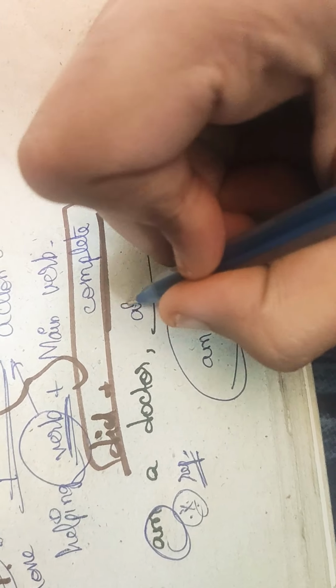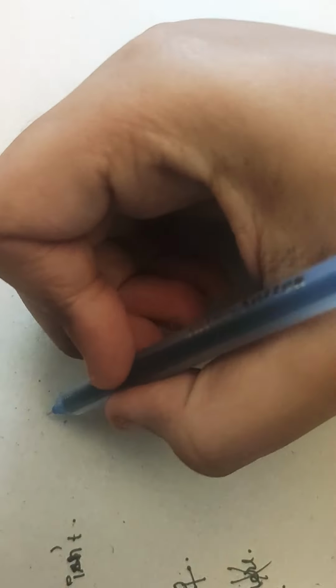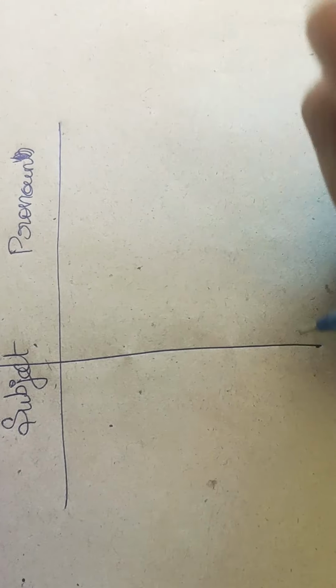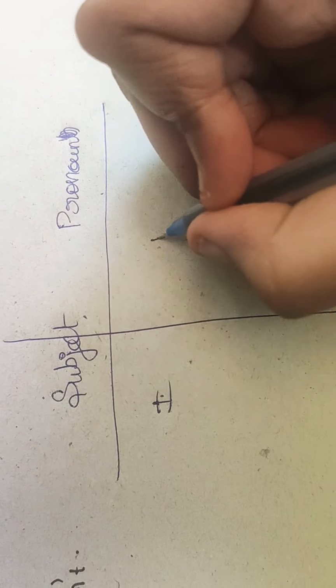You can write ain't I, with the pronoun me. Why am I writing me? Because for I you have to use me. That also I will say here. For one second, I'll finish this question. If you see, the subject denotes which one here, what is given, like she, it, I. And here I'll be writing the pronoun. The pronoun is what we write at the end of the question tag, right? So subject and pronoun. If the subject is I, you put me.